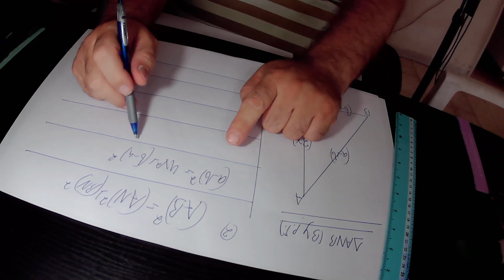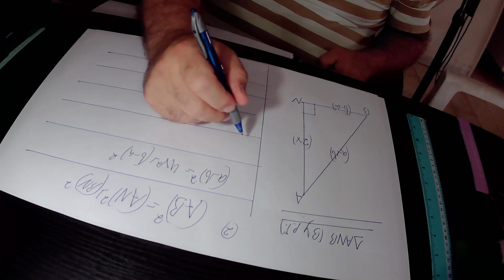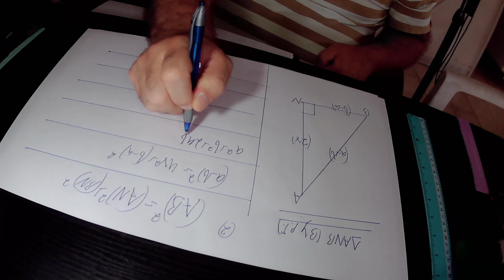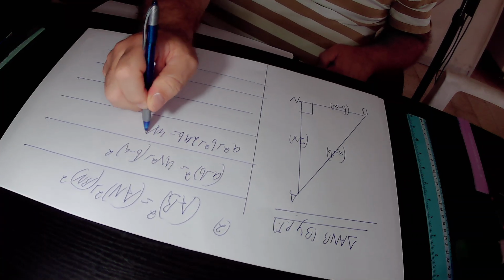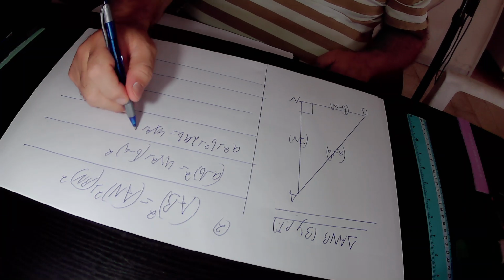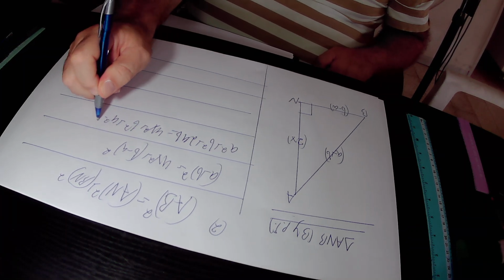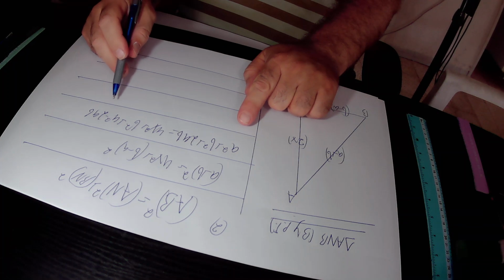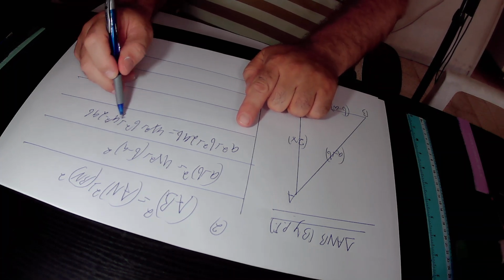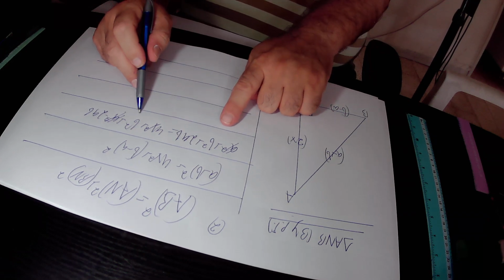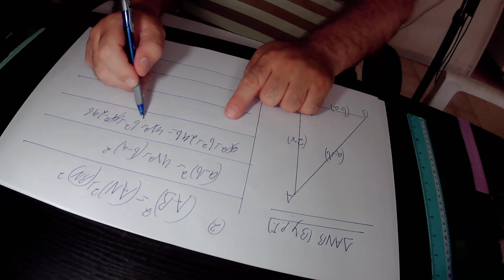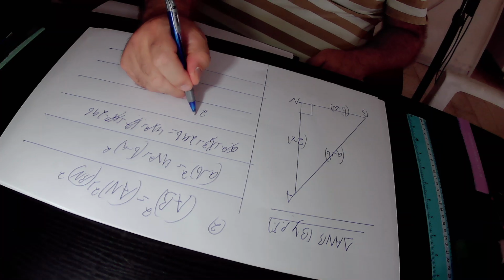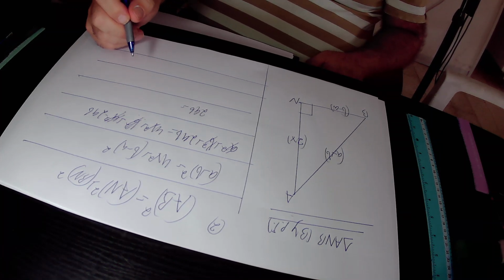Here we open the brackets on both sides of this equation and get that (a plus b) squared equals a squared plus b squared plus 2ab, and it is equal to 4x squared plus (b minus a) squared. (b minus a) squared equals b squared plus a squared minus 2ab. So we have a squared on both sides of this equation, so a squared gets cancelled. And we have b squared on both sides, so b squared also gets cancelled. After we cancel those two expressions, on this side of the equation we are left only with 2ab, and on the other side with 4x squared